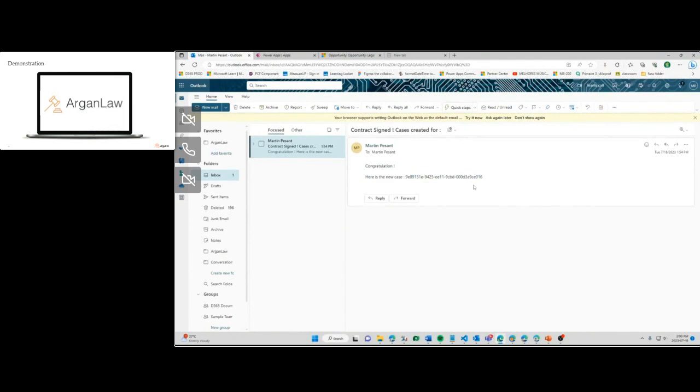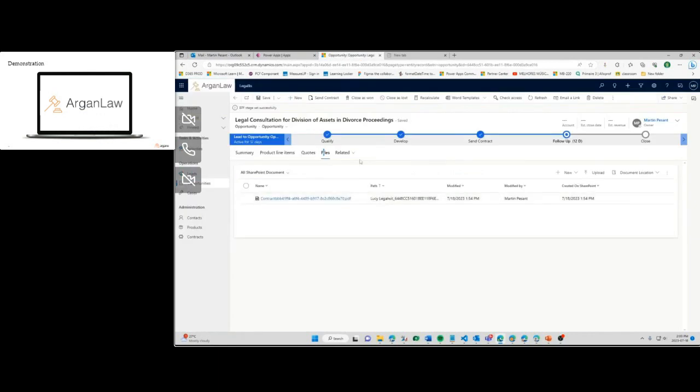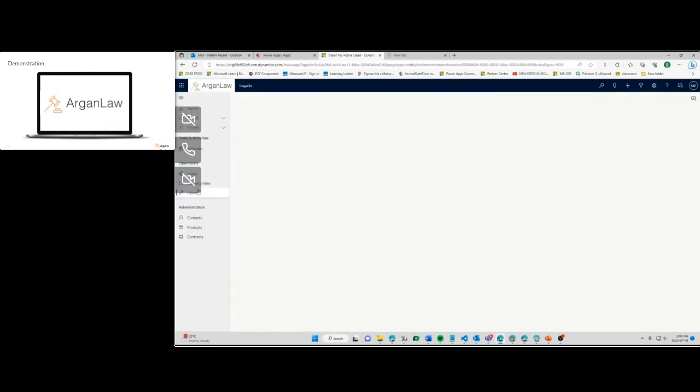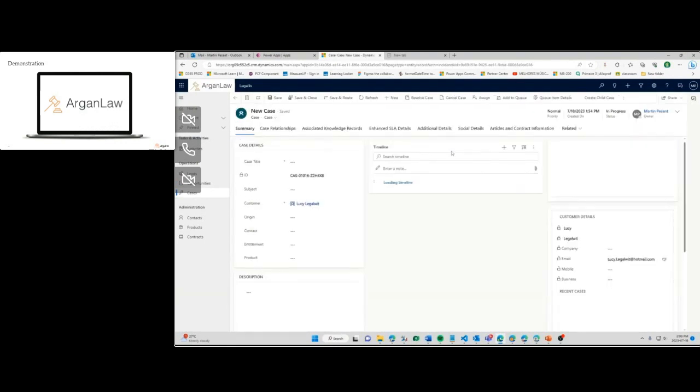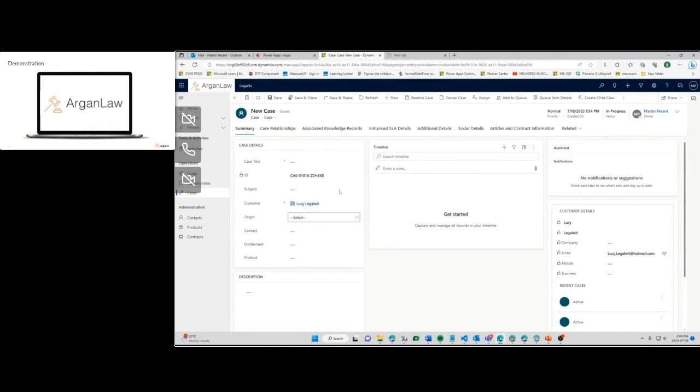So this is only a very basic format. We can change this and put a hyperlink to it, doesn't matter. We can put it in any way we want. So there's a new case that is created. That means there's a valid contract, and we're ready to work on the client issue. So if we go into the case over here, we do see there is an open case with the client already in there.